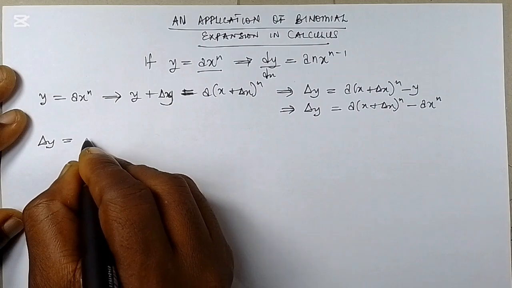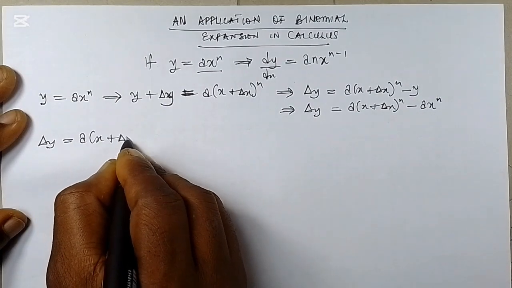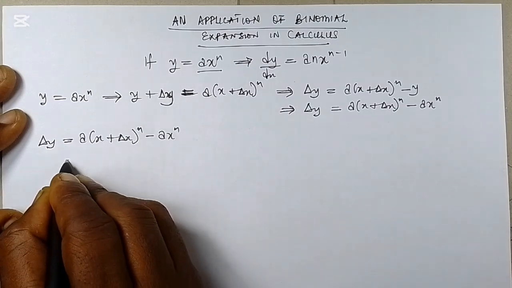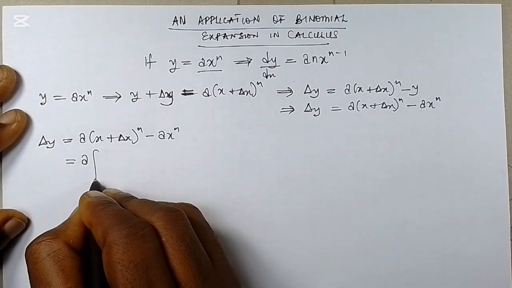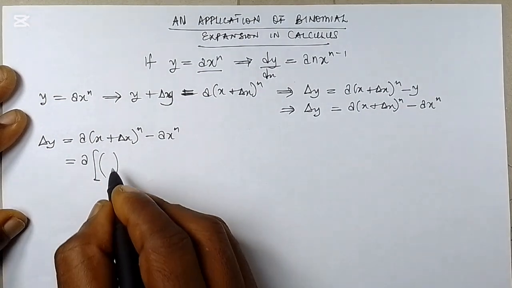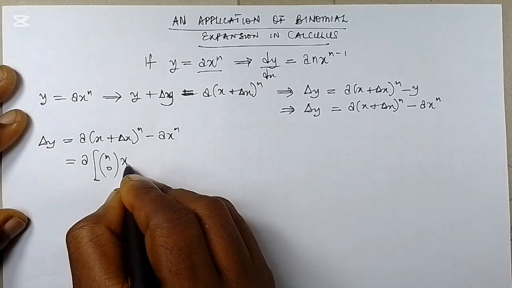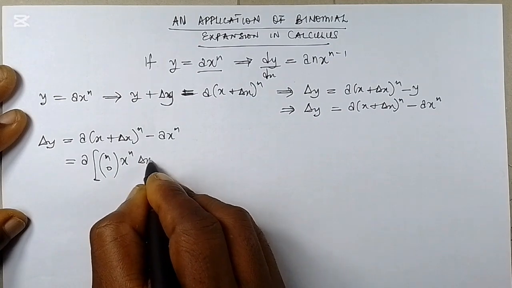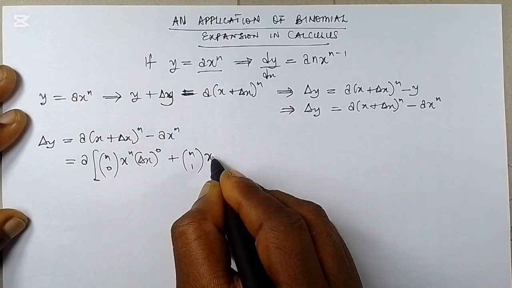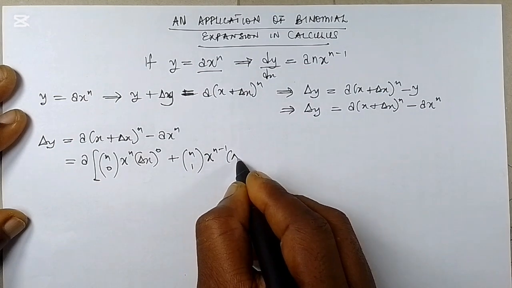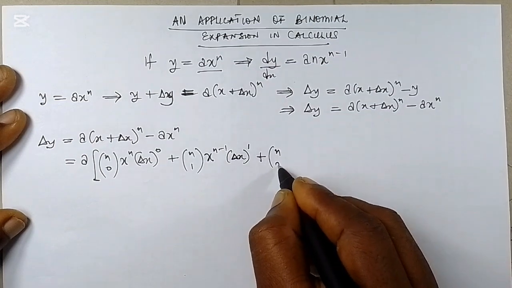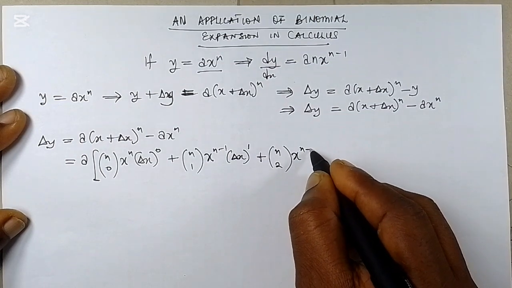Okay, so change in y will be equal to ax plus change in x all raised to the power of n minus ax raised to the power of n. Now let us expand. Now, we are told from binomial expansion that the coefficients are combinatorial in nature. So I'm going to put here n combination 0, x raised to the power of n, change in x raised to the power of 0, plus n combination 1, x raised to the power of n minus 1, change in x raised to the power of 1, plus n combination 2, x raised to the power of n minus 2,